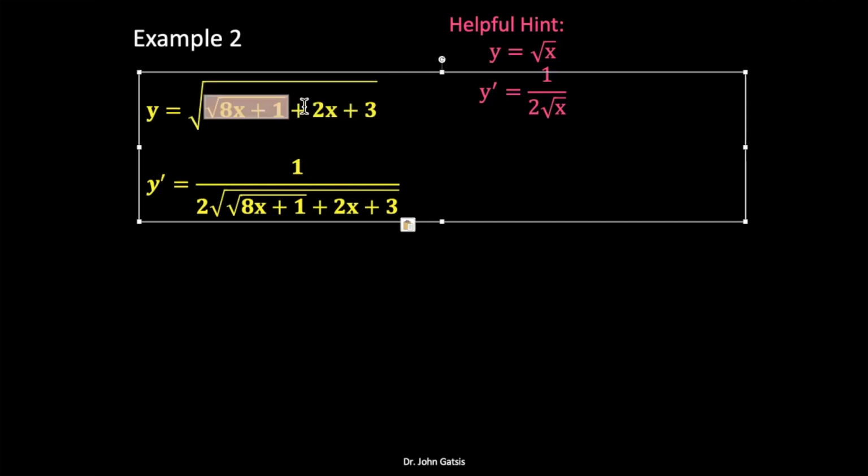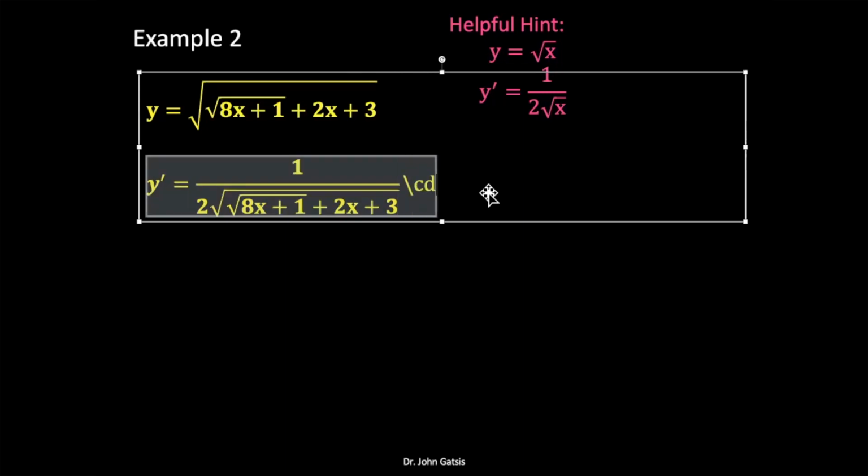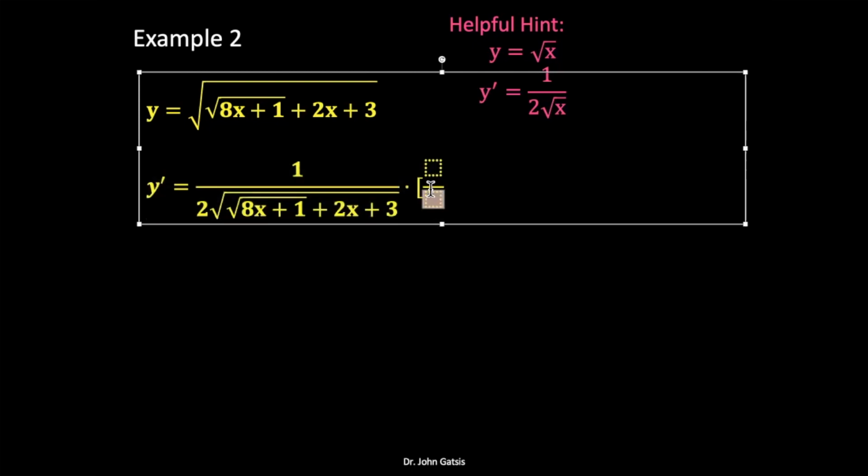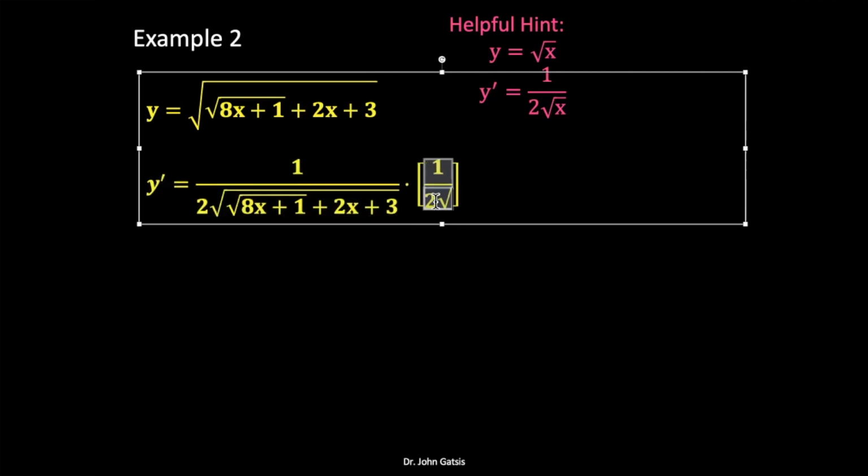Now we have to go and deal with the inside. So we need to do the derivative of this stuff here. So now we're doing that chain rule step. The derivative of root x plus 1 is, again, going to follow this hint here on the side. The derivative of 2x plus 3 is 2. So what I'll do is just put a little dot here to separate the fractions a bit. So the derivative of root 8x plus 1, I will need a square bracket, it looks like. So we'll have here 1 over 2 root 8x plus 1 times the derivative of 8x plus 1, which is 8,